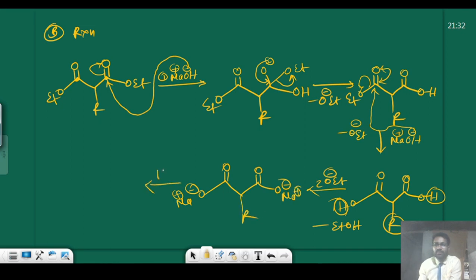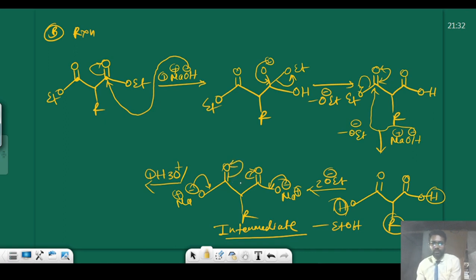So in the presence of H3O plus, in the first step, what we need to do is the H3O plus reaction. When we treat this particular intermediate, it is unstable because high resonance is present over here. These groups are continuously doing resonance. So when we do the hydrolysis, or the acidification, or the workup condition on this unstable system,